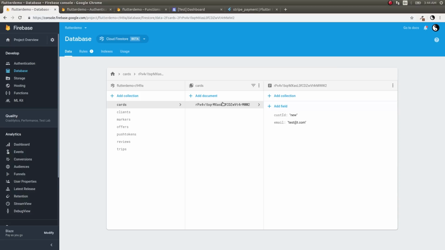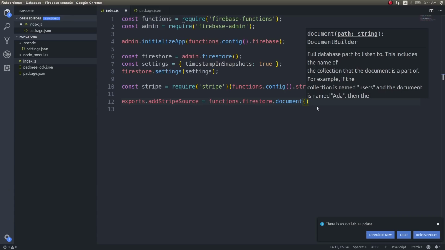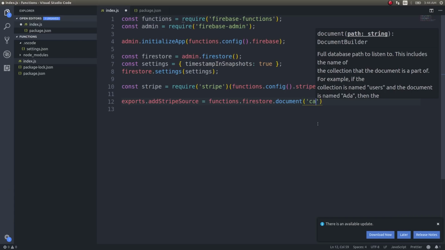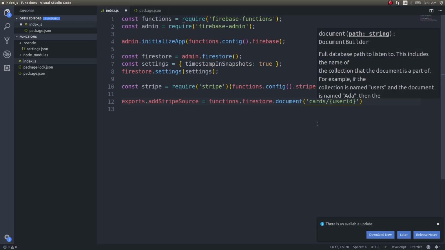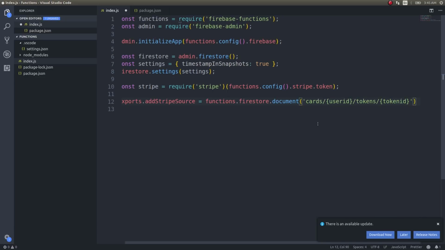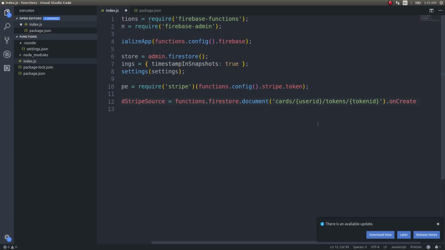Inside this document containing the ID and a subcollection called tokens, and then another document inside that particular subcollection, right? So I'll specify the exact path, cards with user ID, and then inside that I have another subcollection called tokens, and inside that the token ID, something like this. And onCreate,